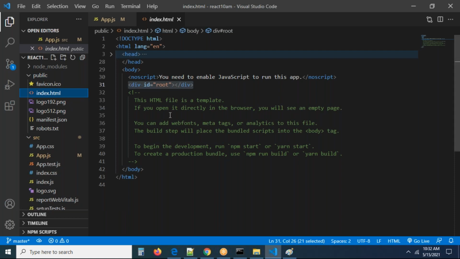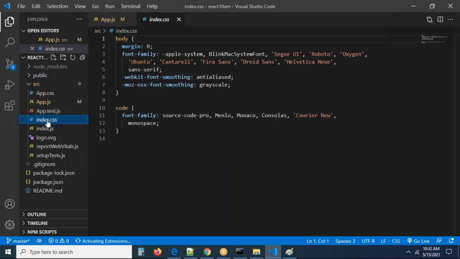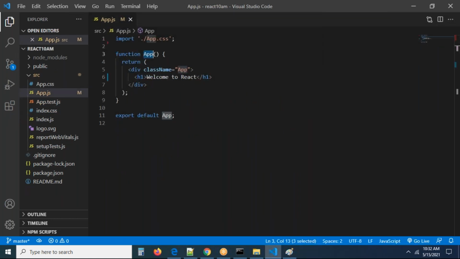This is our thing, and a lot of files are there. Don't worry about these files, guys. Here app.css is for designing, and this is for testing purposes. Index.css, nothing is there, I believe. Oh, we wrote some CSS for the body, don't worry. If you don't want it, we can write our own CSS also, no need to worry about it. All these files are not required. Just we have index.js. Index.js imports this app.js. The app.js will be rendered into index.html. That will be displayed in the browser. We know index.html is a startup file.